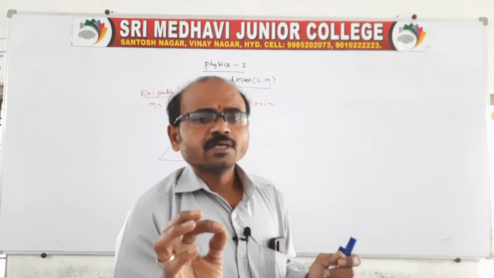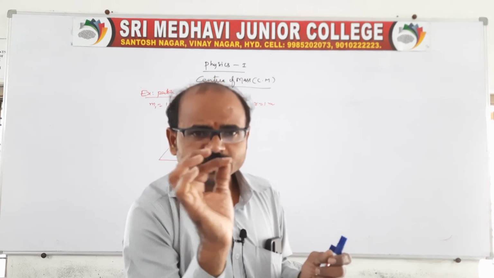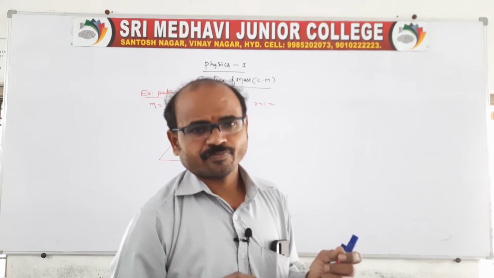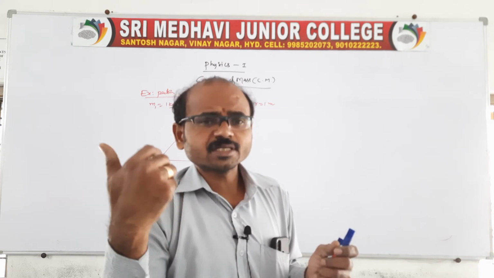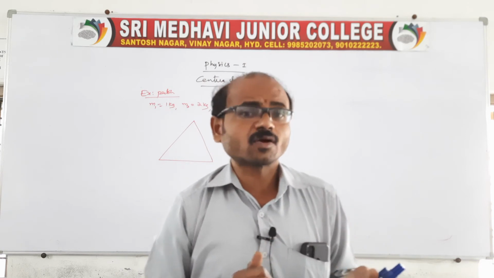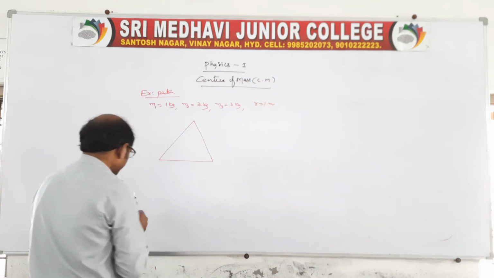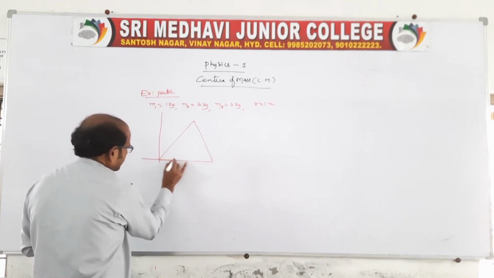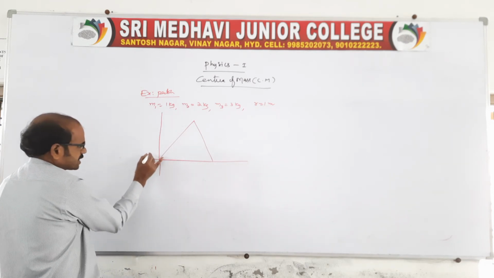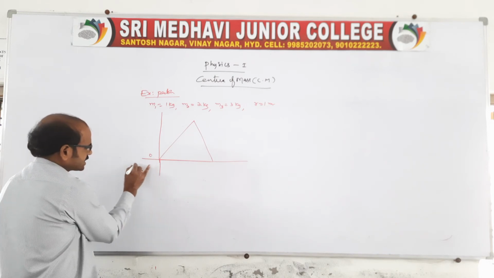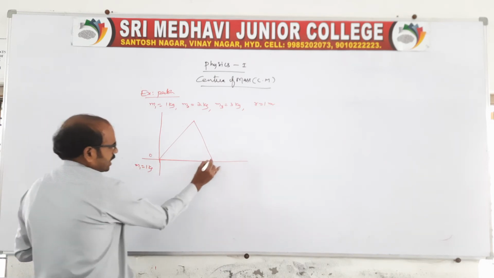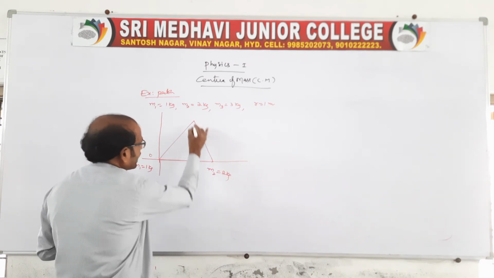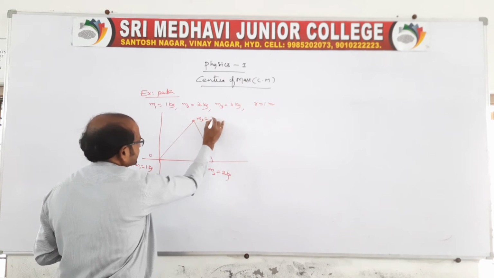And the question is given like this: 1 kg is at the origin, the 2 kg is on the x-axis, and the third particle is at the other corner. Using that information, you place the particles of masses like this. See, it is given like this now. This is the origin, given as 1 kg, of course, and on the x-axis m2 is equal to 2 kg, and the last corner, that is the third corner, is given as 3 kg.